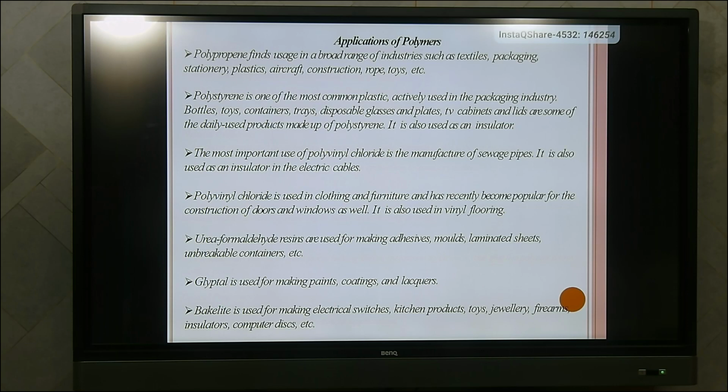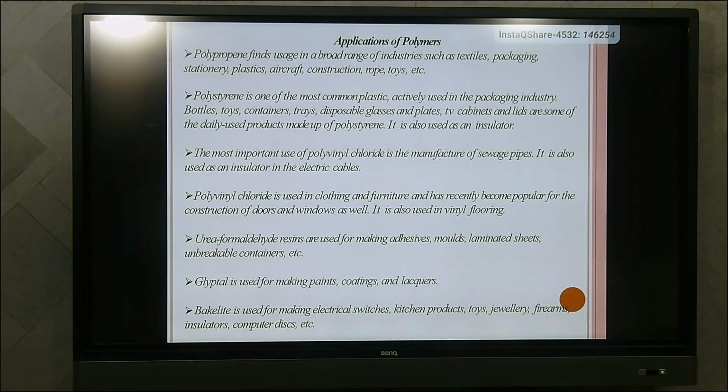disposable glasses, plates, toys, containers, etc. Especially marine containers employ polystyrene as their main packaging system. And for the same reason, it is also used as an insulator. PVC, which is nothing but polyvinyl chloride, is used extensively for sewage pipes. Besides sewage pipes, it also finds applications in many toys and